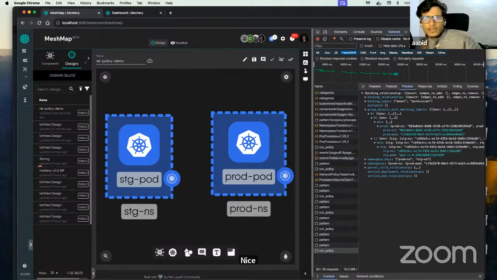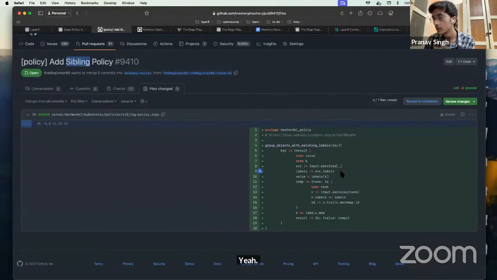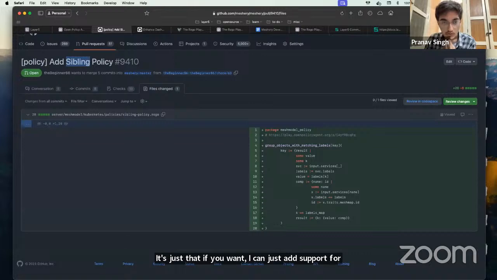Like the sibling policy, can we make it dynamic on any key value, rather than just being on the labels? So dynamic, for annotation, you were saying? Yeah, it can be done. Currently I was just focusing on labels. If you want, I can add support for annotation as well. Just one more line. I think we discussed labels. Okay, I will add annotation as well.